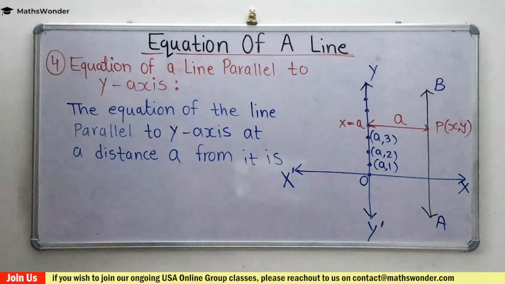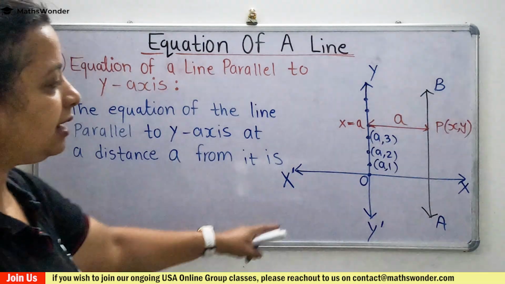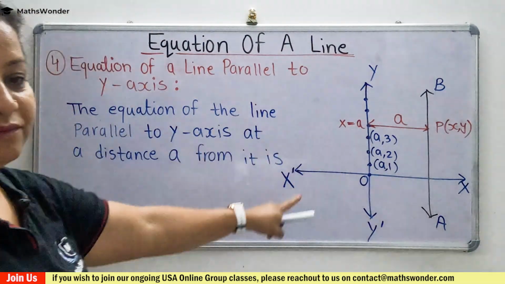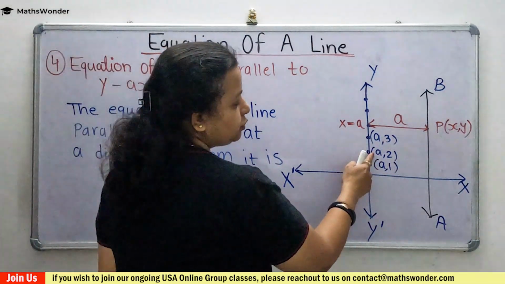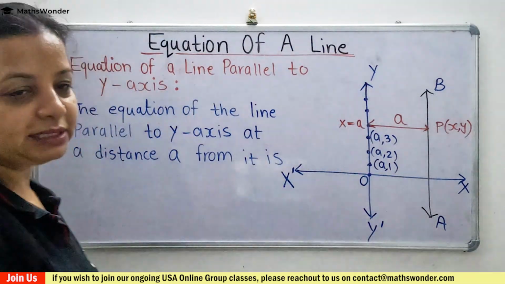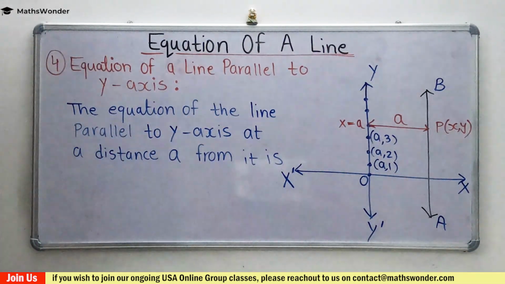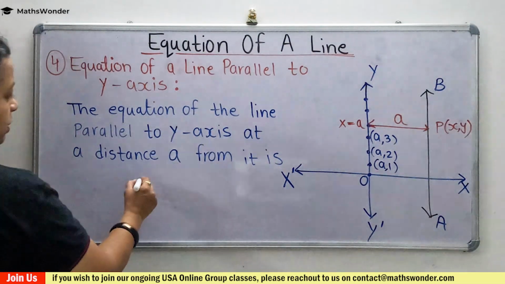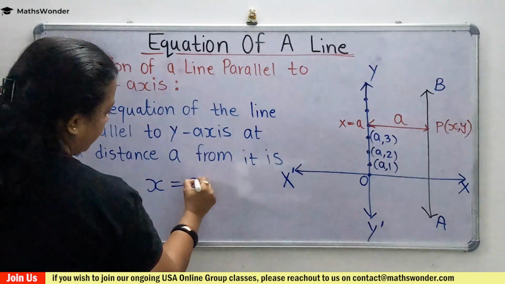Okay. So if P(x, y) is a point on AB, then x equals a. Here x equals a for every point. See, x equals a for each point. A will never change. Okay. So the equation of the line parallel to the y-axis at a distance a from it is x equals a. This is the important